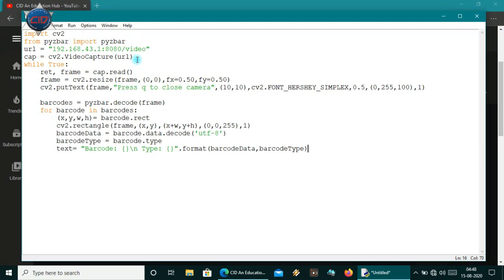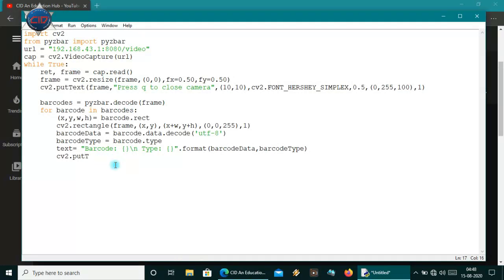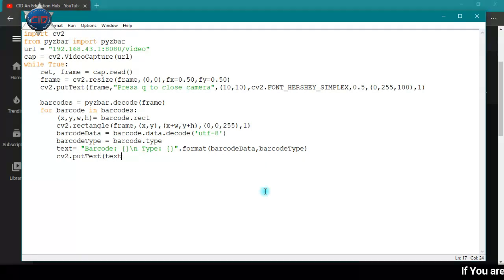Okay, so we have done here for the text, and now I want to show this text also above the rectangle. So let me come here with cv2.putText, and I'll call here the text, firstly the frame.